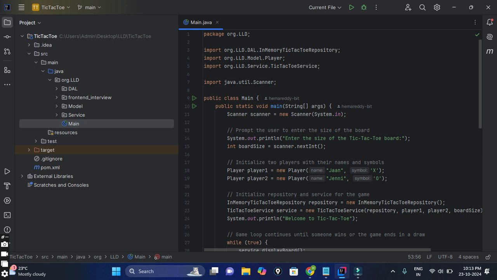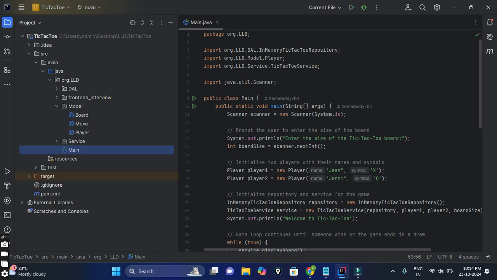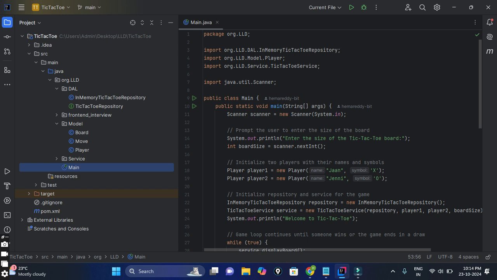Okay. Now let's talk about the project structure. This project is divided into four main parts. Model. Here's the model where we define our game components like board, player, and move classes. DAL, data access layer. This holds the tic-tac-toe repository and its in-memory implementation, which helps in saving and loading game